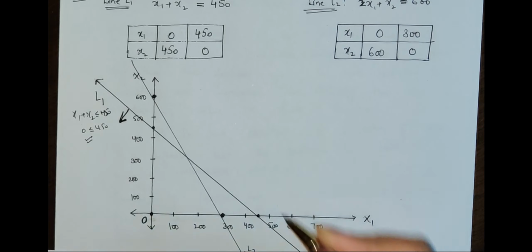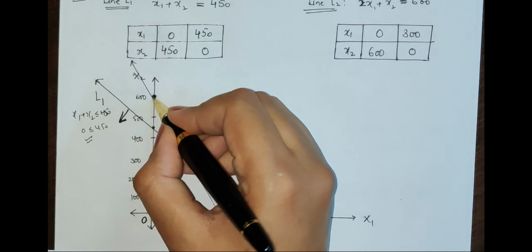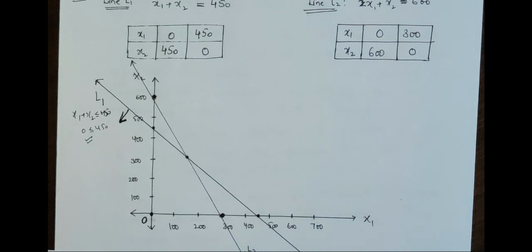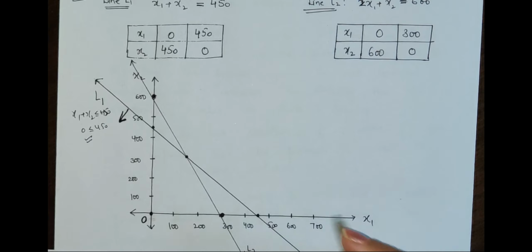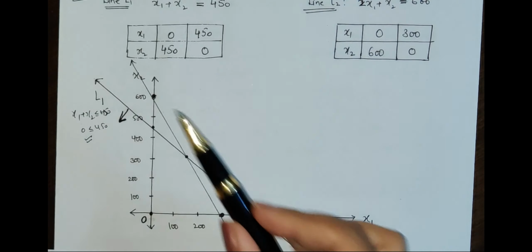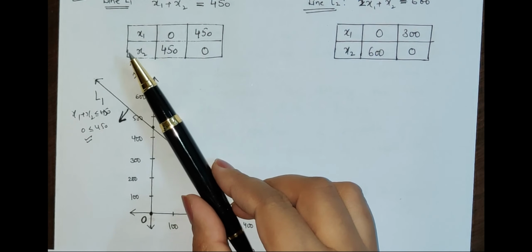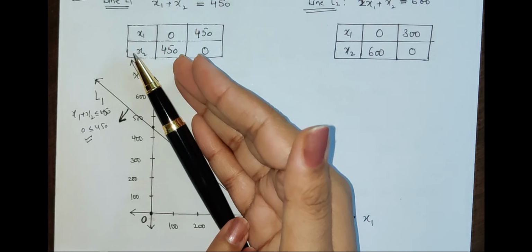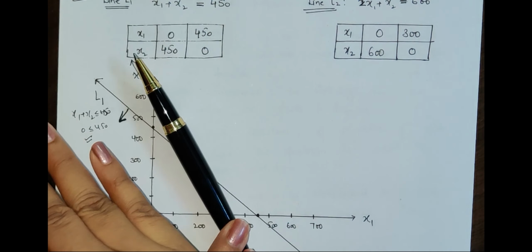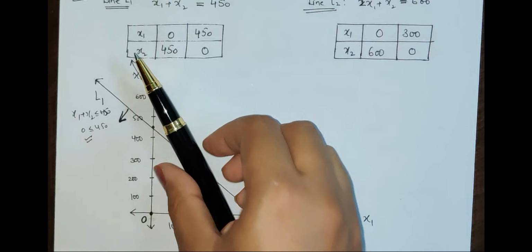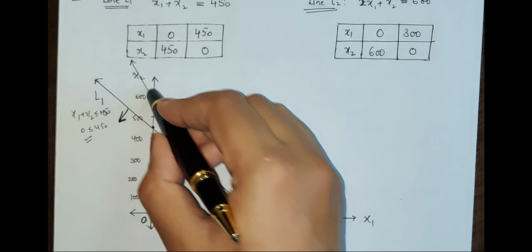This is my line L2, and this is going from here to here. These are the 2 points, and I can see it is intersecting at this point. Now, forgetting line L1, we have to see this L2. This L2 is again dividing the whole graph into two parts, above this line and below this line. We have to again check which one is the favorable part.